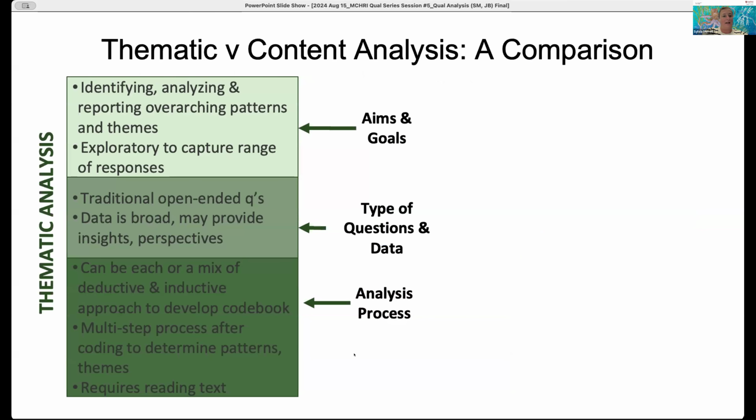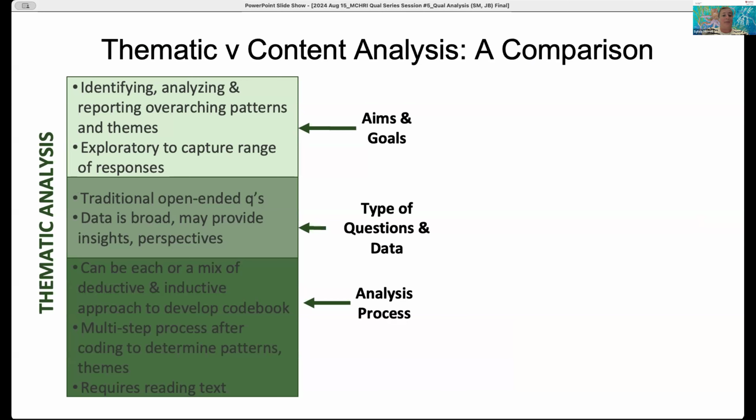So for thematic analysis, the aims and goals tend to be in this identification or reporting of these patterns or themes that are occurring. It might be an exploratory way to capture a range of responses and to collate them and put them into some sort of